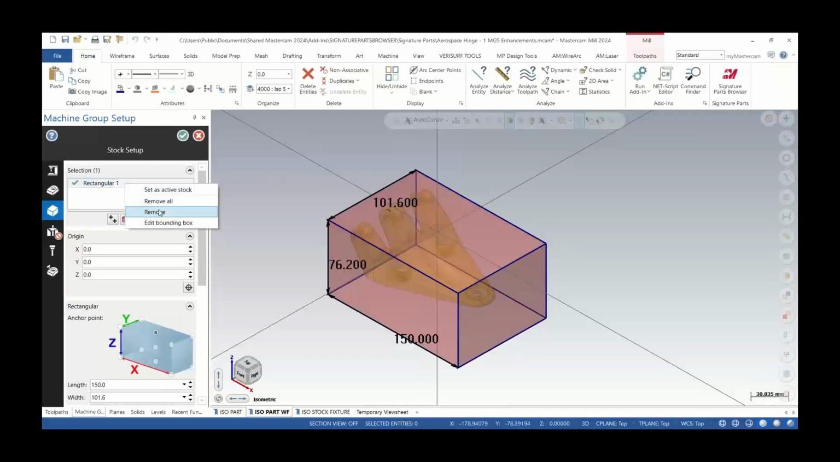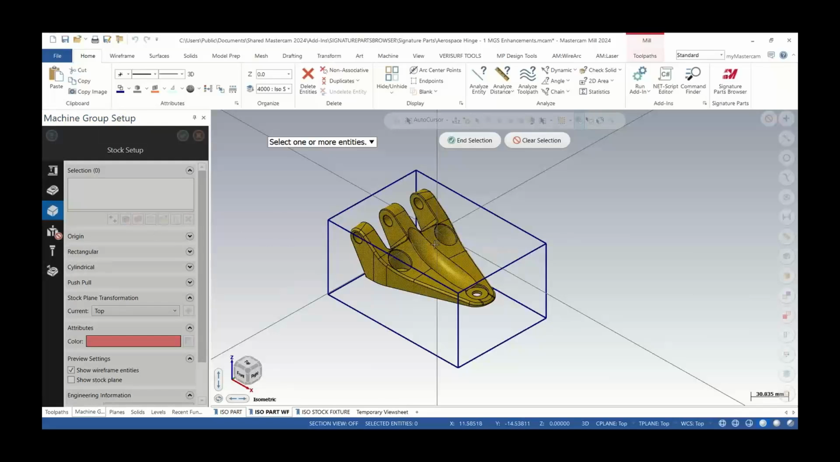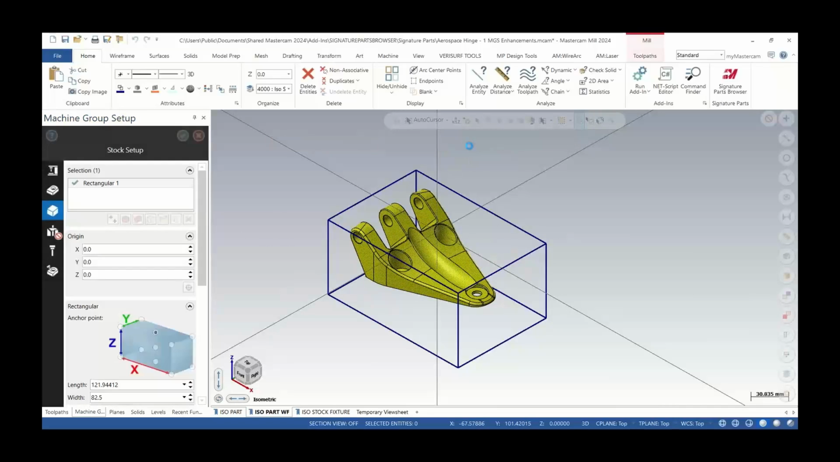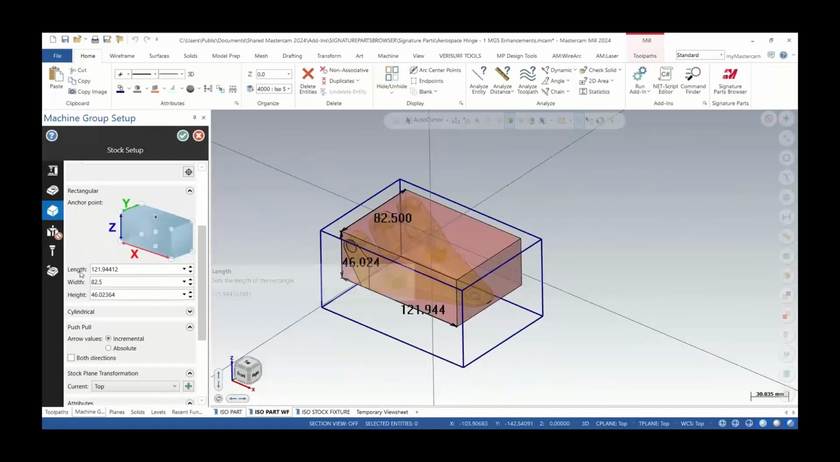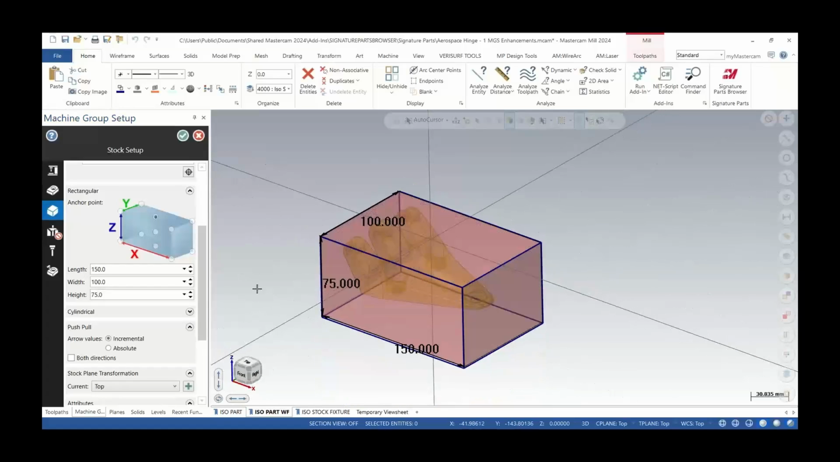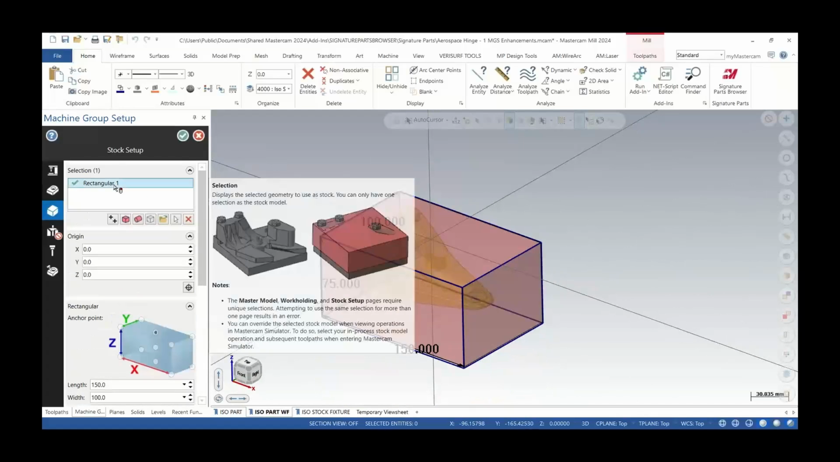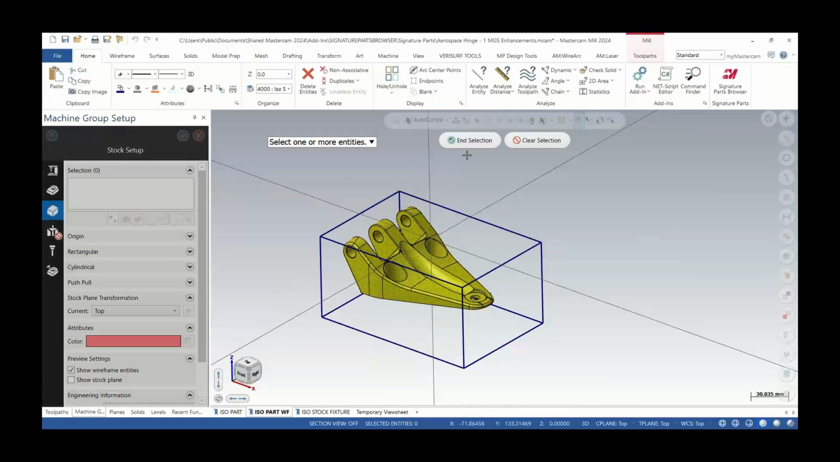So if I right click and remove that, I can show some other options of creating the stock. So for the rectangular, I can select this model, and you can fill out the length, width, and height yourself, such as the 150, and maybe those other options there. So I can type in those manually, or if I select that stock again,